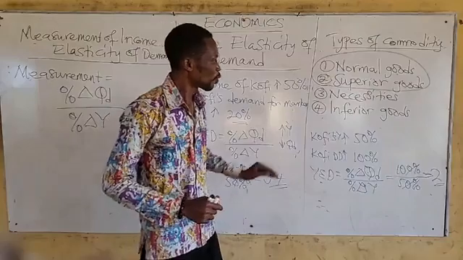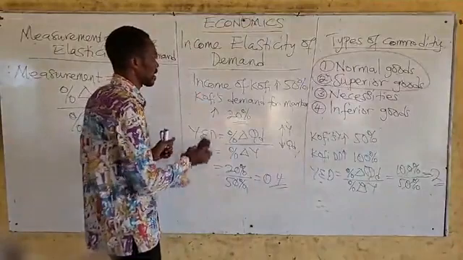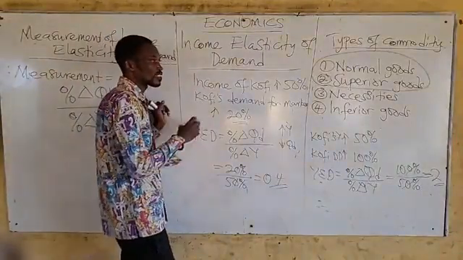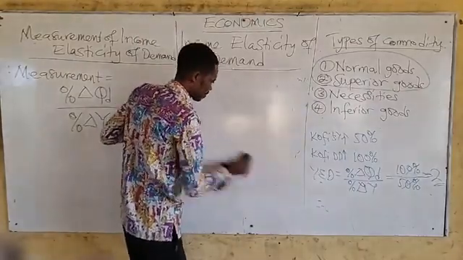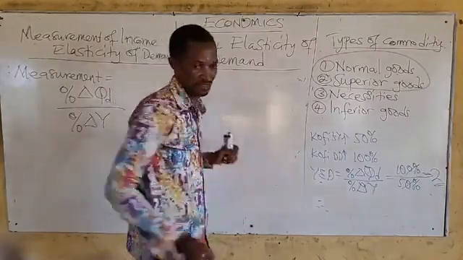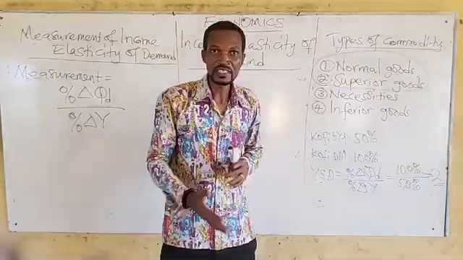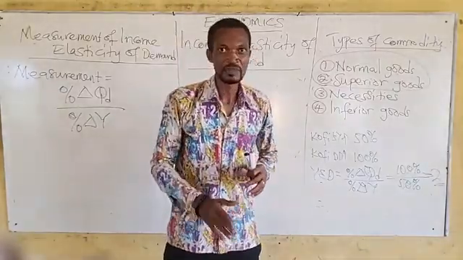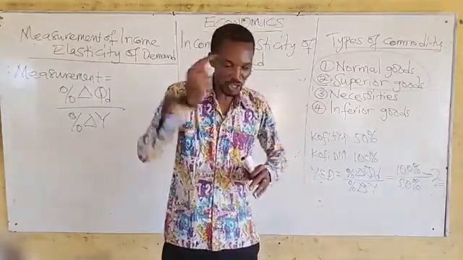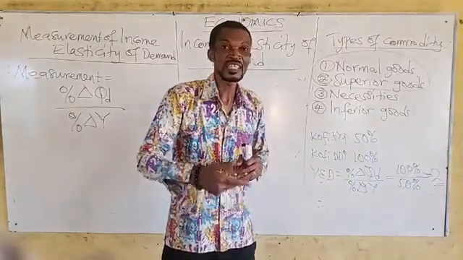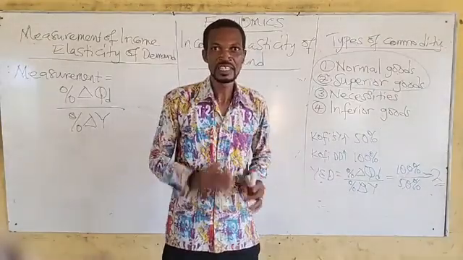Alright. Then we will move on to the next commodity, which we call necessity, or commodities that are subject to satiety. How do we use the income elasticity to interpret this type? Now, this is what happens. When the commodity is a necessity, irrespective of the percentage change in the income of the person, the demand remains the same. The demand doesn't change. The quantity the person is buying will remain the same, i.e., the percentage change in the demand is 0.